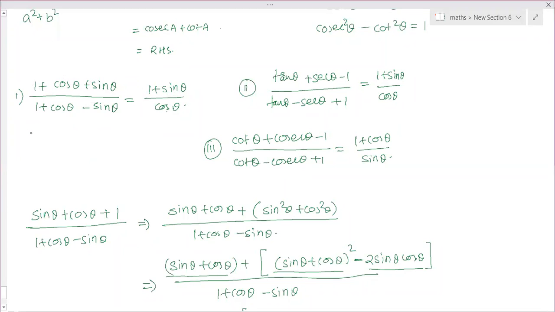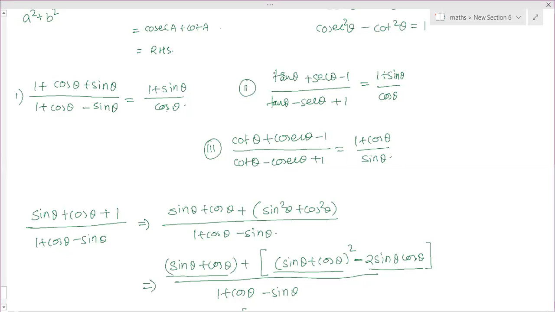So for that, with which you have to divide? With cos, yes, Surya. So both the numerator and denominator you have to divide with cos theta and do the same method as you have done earlier. Now in the second question, already the equation is in the form of tan and sec. So no need to divide anything, directly substitute the value of 1 as sec square minus tan square. So that you can factorize easily. And here also replace 1 with cosec square theta minus cot square theta. So you can factorize and take common.